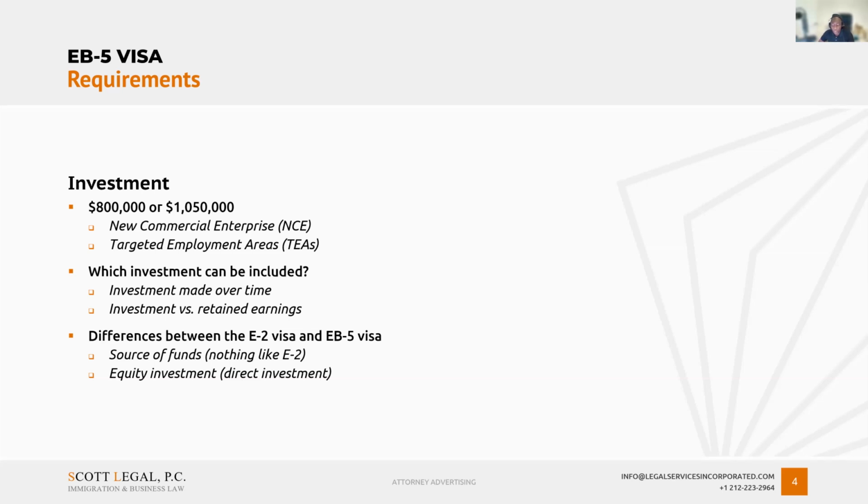So if you're selling a home, you have to show where you got the money to buy the home. If the home was collateralized, you have to show detail related to the collateral. So just a lot more detail you have to provide when you're looking at EB-5 source of funds. And really, when you're looking at an EB-5 regional center, often the source of funds analysis is the only thing you're focusing on, because the project may have already been approved.